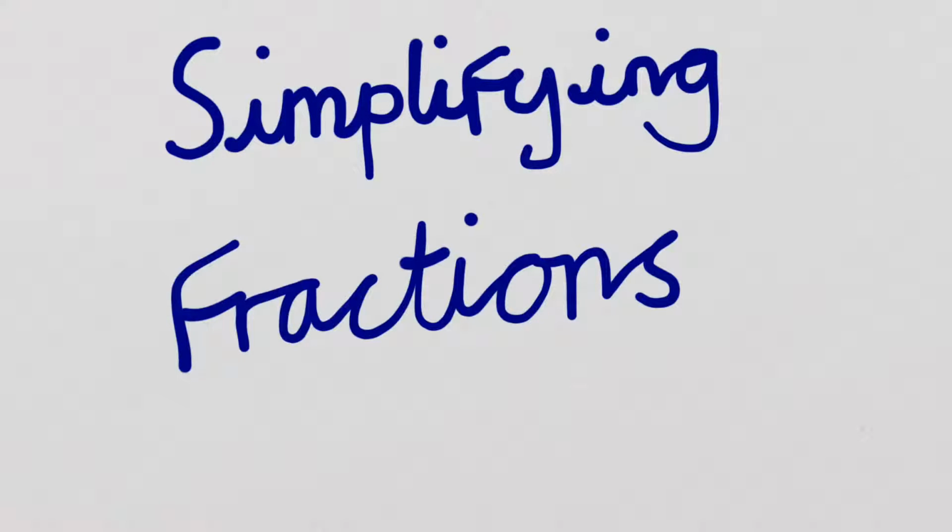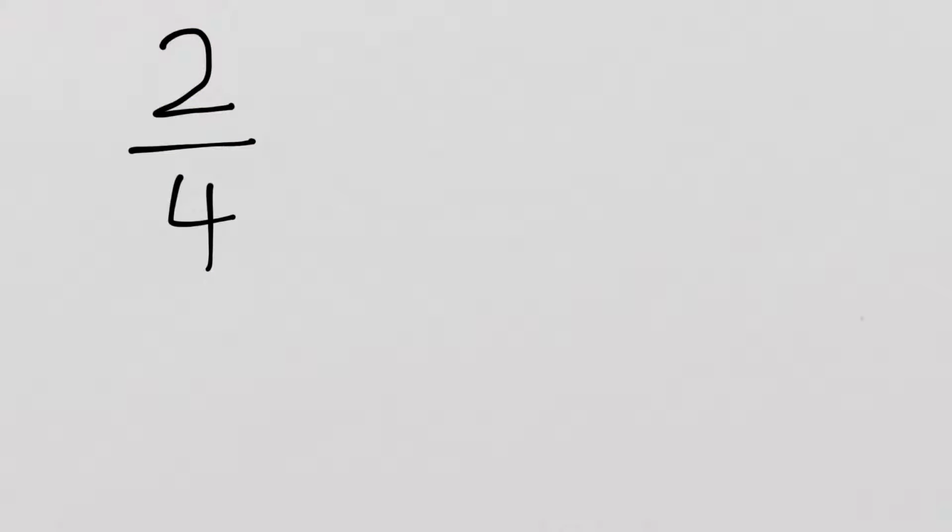In this video we're going to be thinking about simplifying fractions, and that means taking a fraction, dividing the top and the bottom by the same number to turn that fraction into its simplest form. So if we have a look here, we've got the fraction 2/4. If we want to simplify that, we need to think about what number goes into both